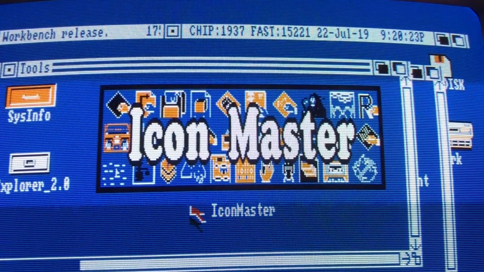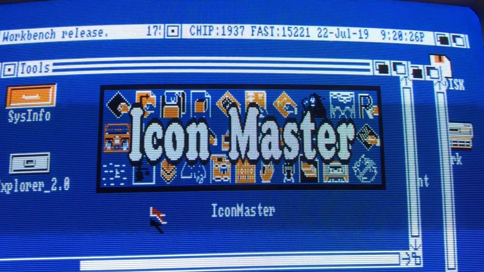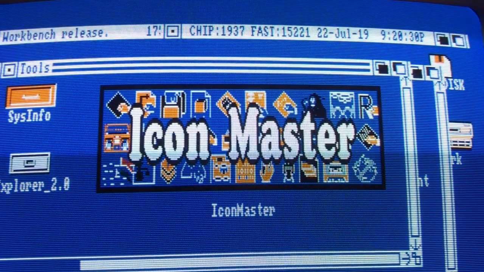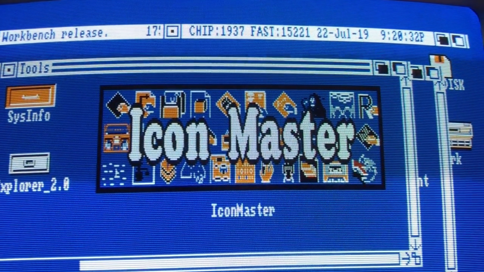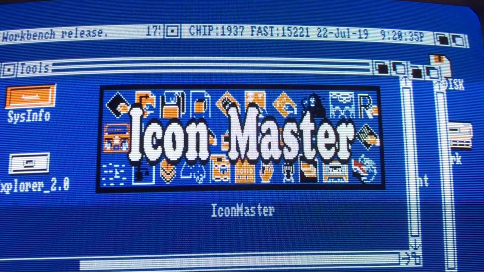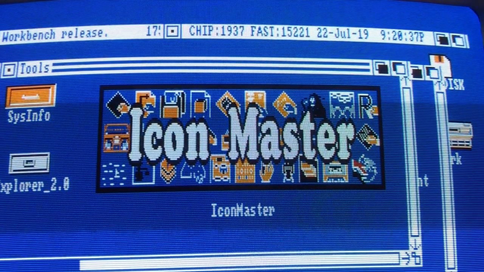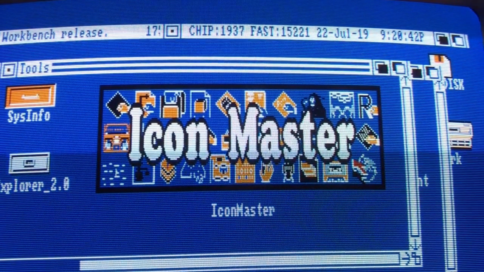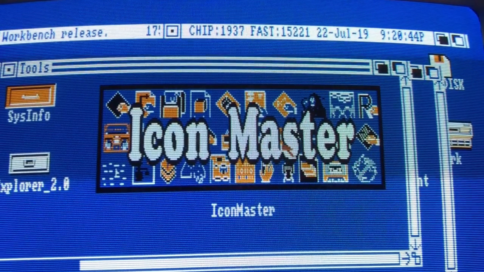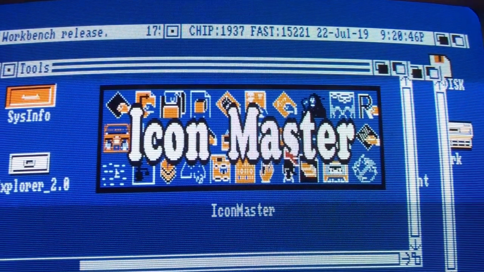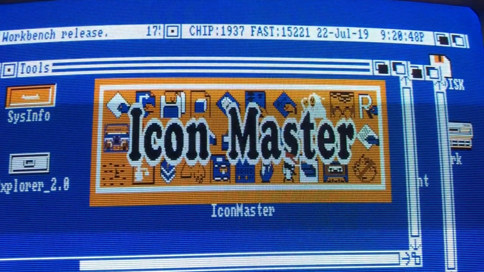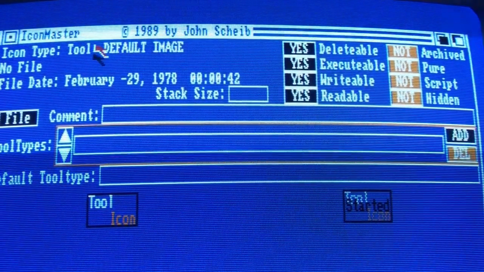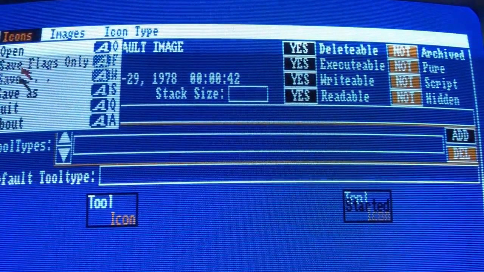Okay guys, so to begin with I want to show you the program I was using to create all of these icons in the first place, and it's this amazing Icon Master from 1989. There are a couple of applications available out on the internet that have this name. They are not all the same. The one that you're really wanting to look for is the one from 1989 by John Scheib out of Nevada. Let me just show you really quickly what it looks like. It doesn't look like much, but it is very powerful, and you can see right here